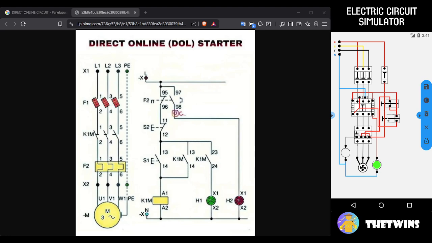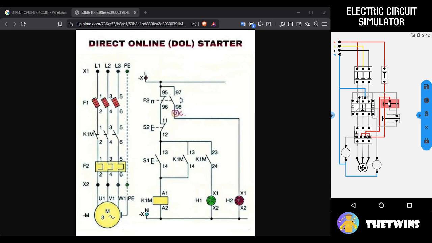Okay, it looks great. We press the off button or S2 on here, and then the contactor is off and the indicator lamp is off.